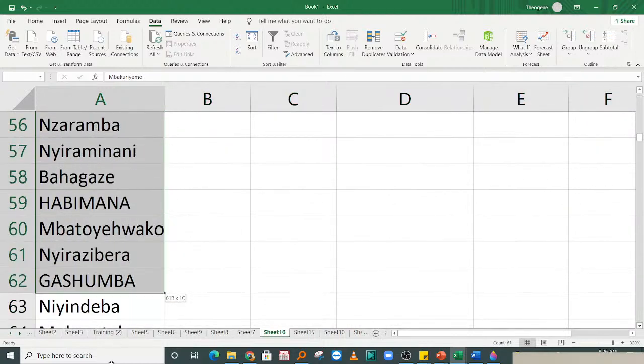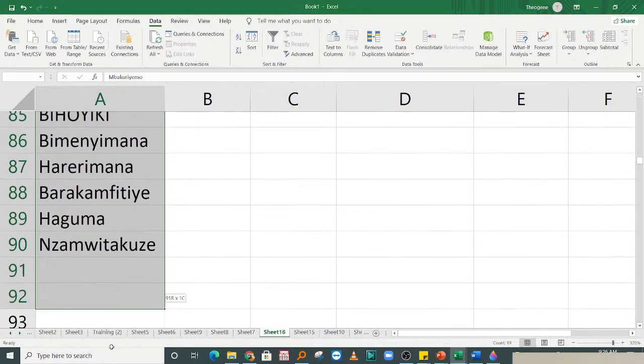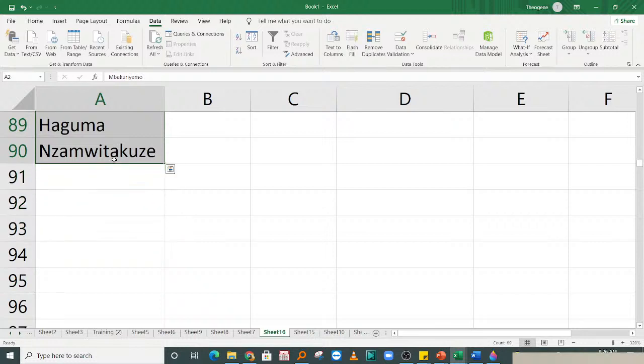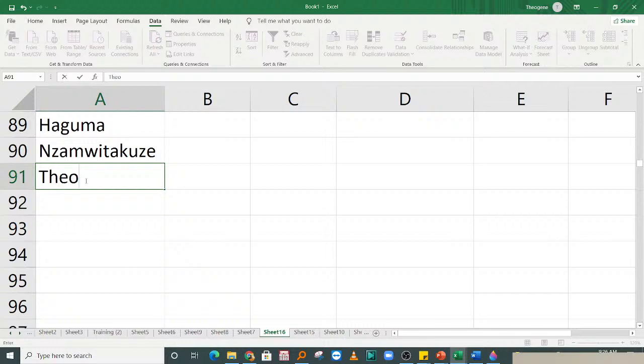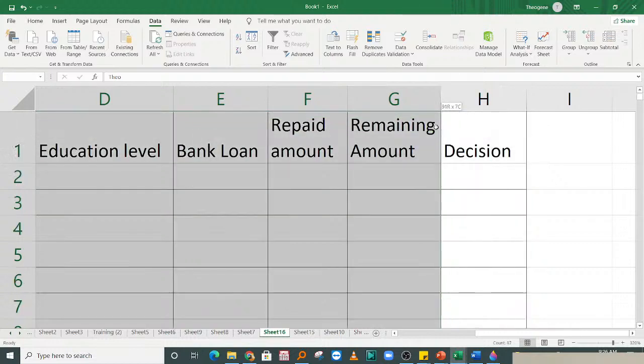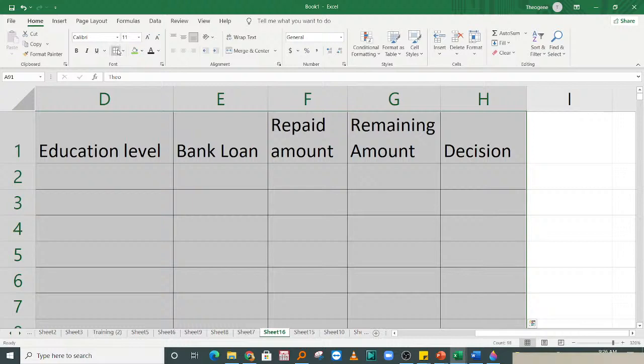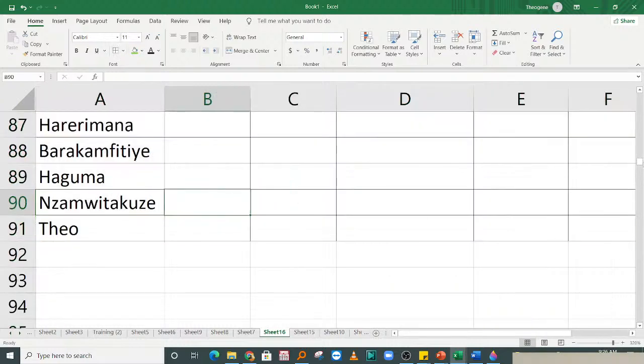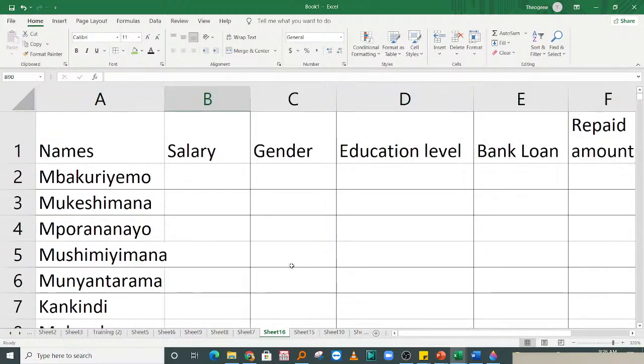So here I remain with how many people? I remain with only 89. Let me add the last one to be 90 people. So I removed those who were repeating, what we call the duplicates. In this case now, we have their salary. Let's say for example randomly that their salary is between